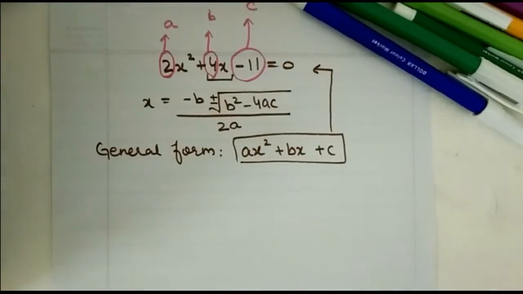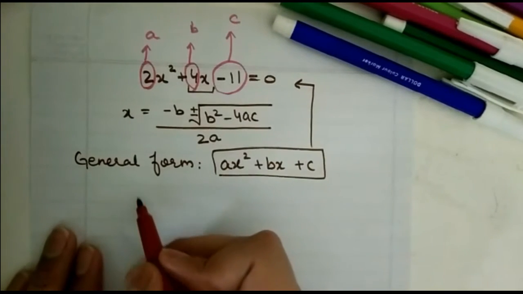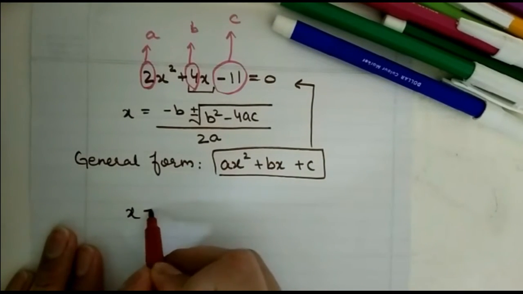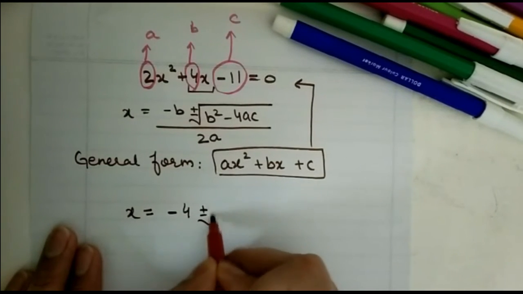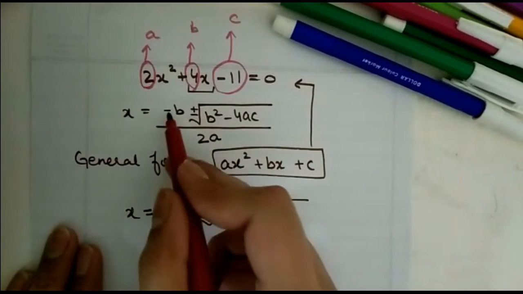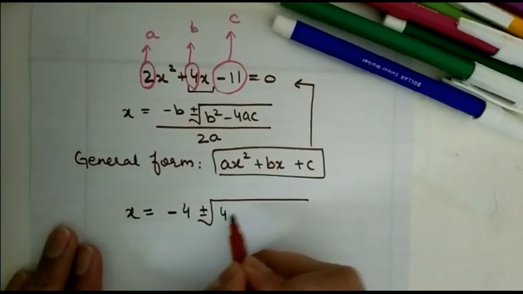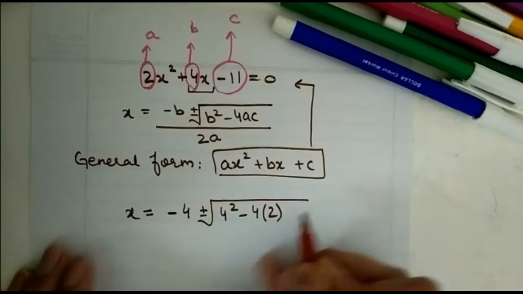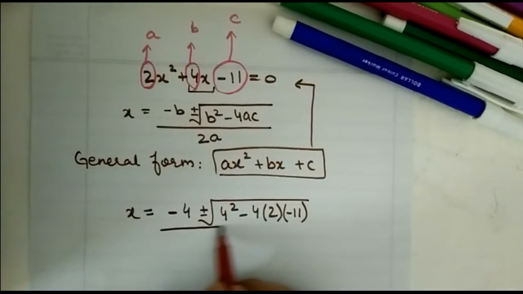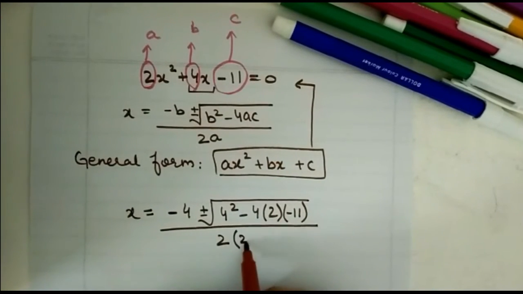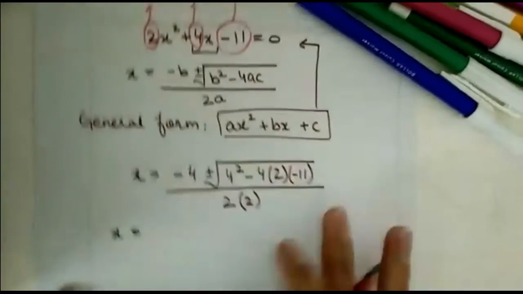Now I will be substituting it into the formula. Instead of b, I'll be writing 4. The minus sign was already present in the formula; I did not put it by myself. 4 square minus 4ac. Remember to take minus 11, not just 11. Divide by 2a. A was 2. Now further solving it, I get